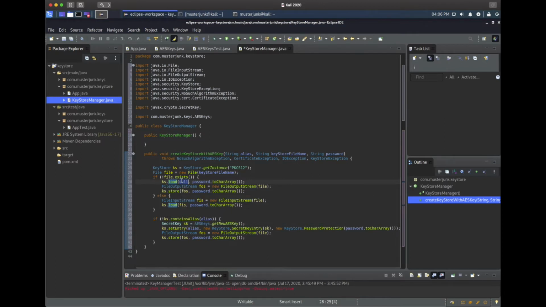Then, since the file didn't exist, I'm going to write that file out using the file that I created from the key store file name. And then I'm just going to tell the key store, hey, save yourself on this output stream with the same password again. Otherwise, this file was actually there, so I'm going to load it into the key